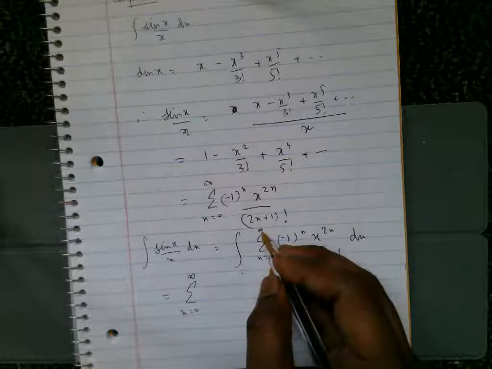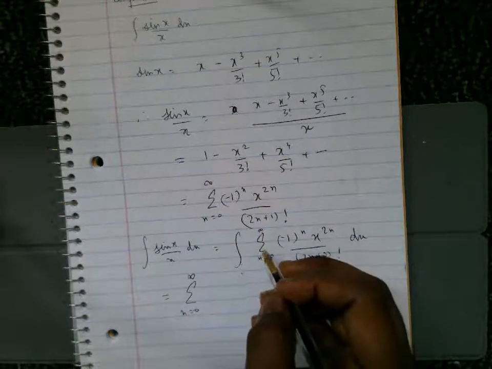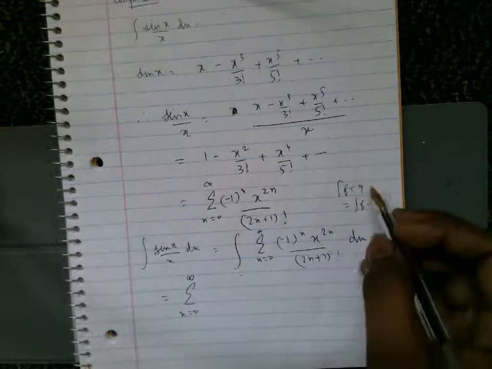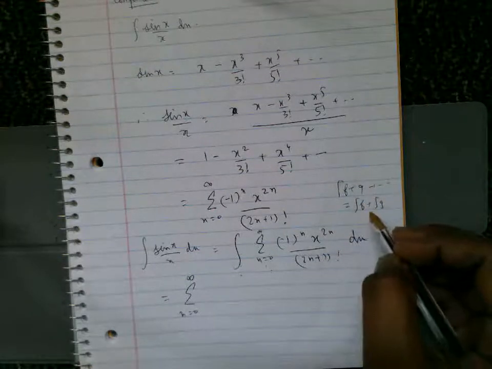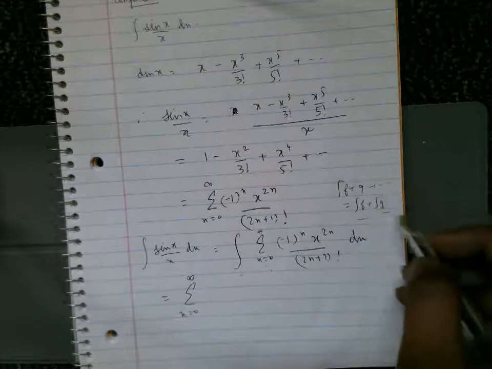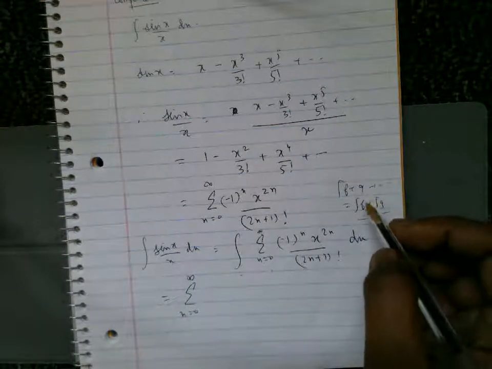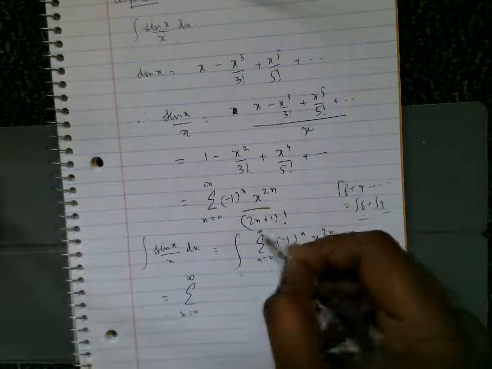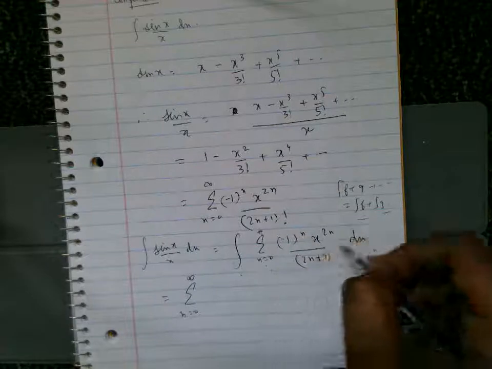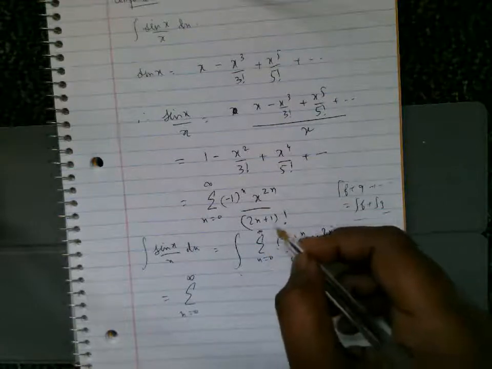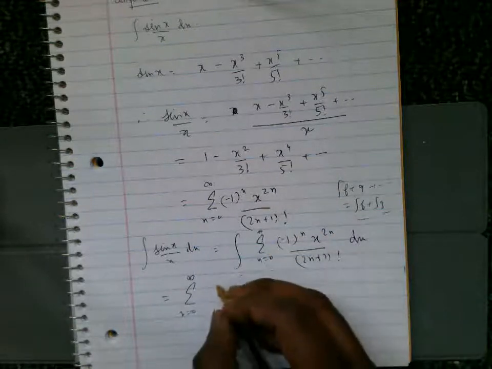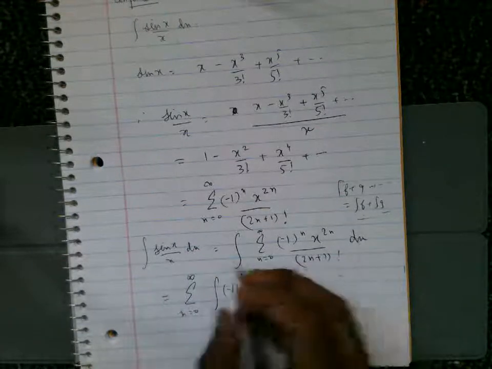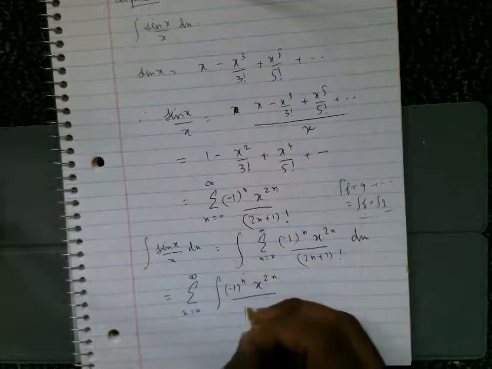So this is an infinite sum. If this were a finite sum, then you know that the integration of f plus g is just the integration of f plus the integration of g. But what happens when these are infinitely many functions? Can you still do that? It turns out that is not always the case. But in case of convergence, if this is absolutely convergent and uniformly convergent, then you can do this. So we don't need to worry about that. We'll just interchange the summation and integration sign.